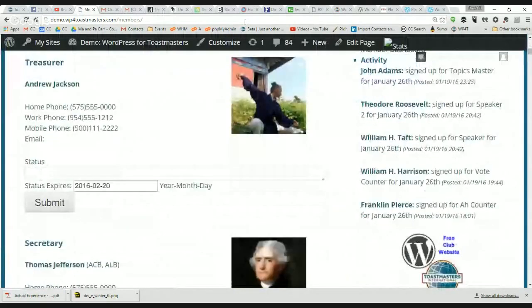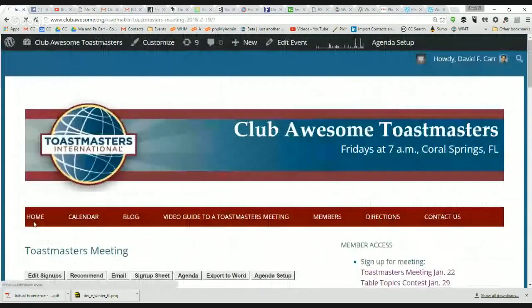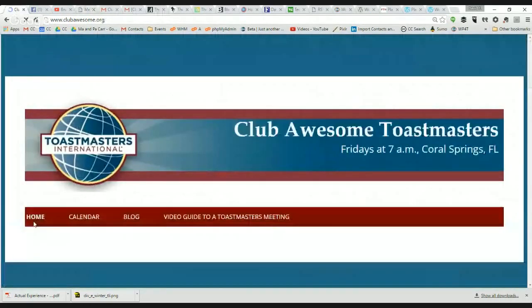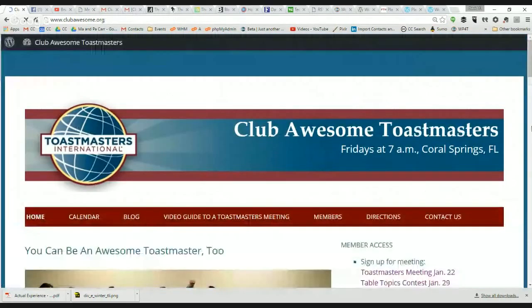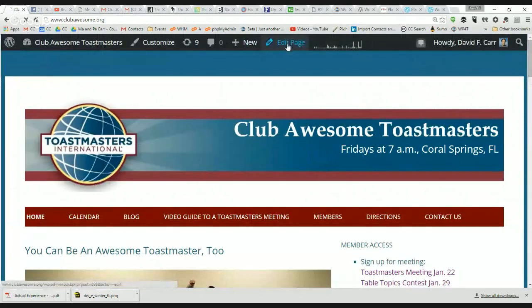One of the more important things I wanted to show was just the editing experience, because everything that I add on top is kind of extra special frosting. But a large part of the point of using this is that you get access to the WordPress editor. So if I want to edit my home page, and it's taking a moment to load, but you'll see that it opens up in basically a web-based word processor.